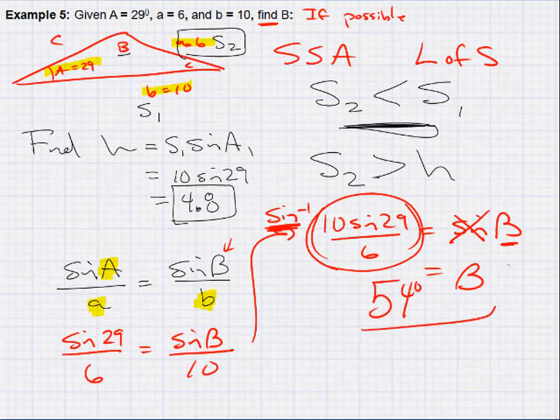So that's B. So that's my one answer for B. But there's another answer I can have for B. Now, how does that answer come about? Well, it has to do with this step right here. You're doing the inverse sine. And if you remember when we did inverses,